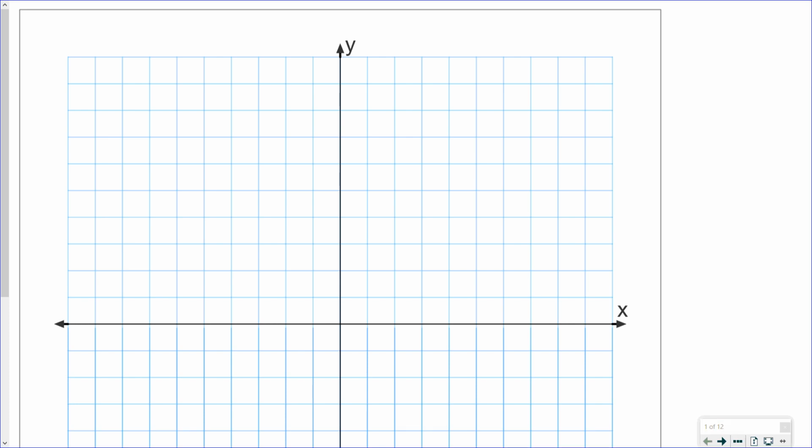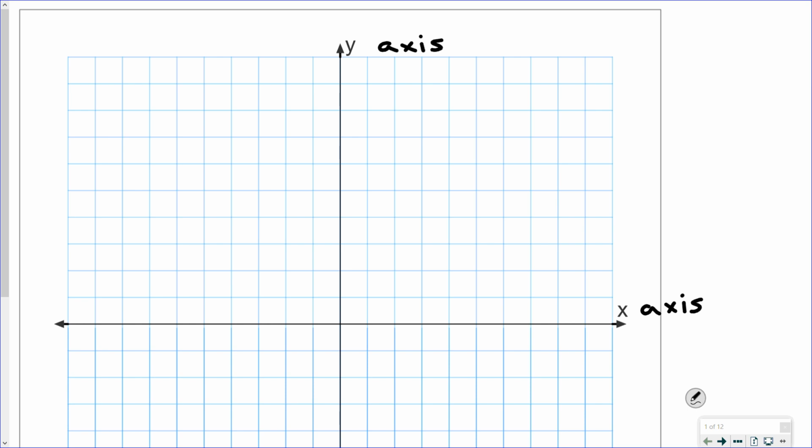All right. Today's lesson focuses on coordinate planes and introducing you to the coordinate plane. And that's what we have here in front of us is a coordinate plane. It is created by two number lines that intersect. And our horizontal number line is the one that goes left to right. That is known as our x-axis. And then our vertical number line, the one that goes up and down, that forms our